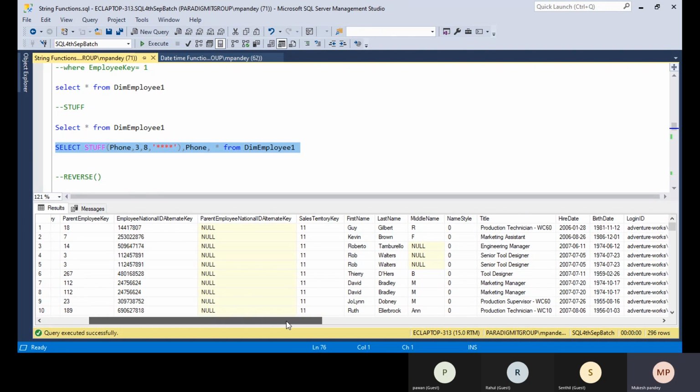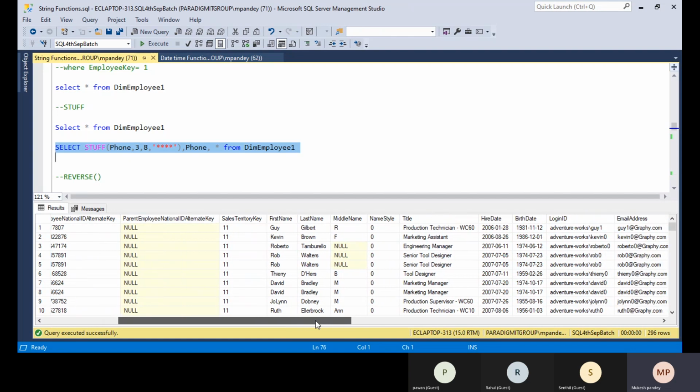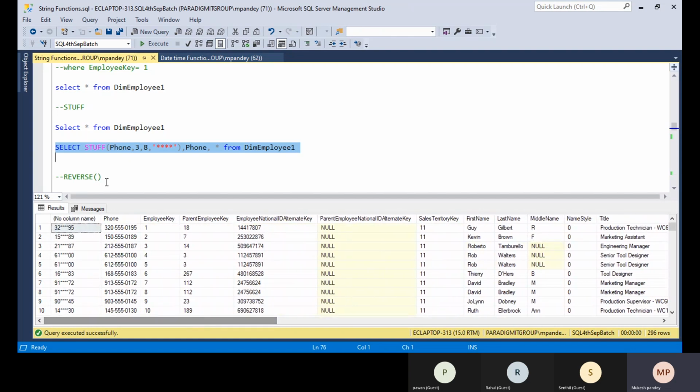So if you want to replace the email address with a particular character so you don't see it, then you can use the STUFF function. The STUFF function basically gives the starting position, how many characters you want to replace, and what value you want to replace with. So these three arguments are there in the STUFF function.